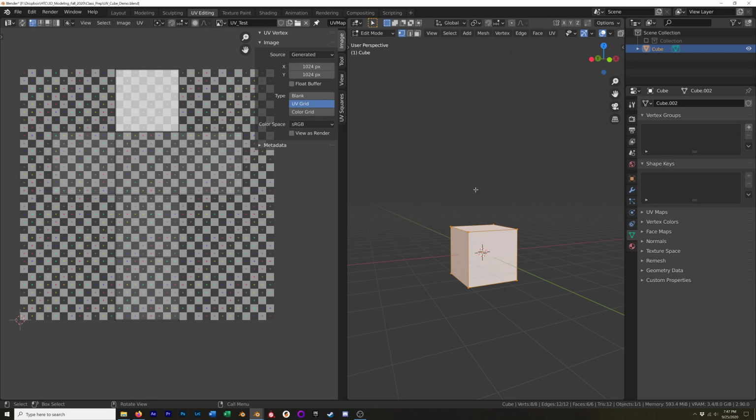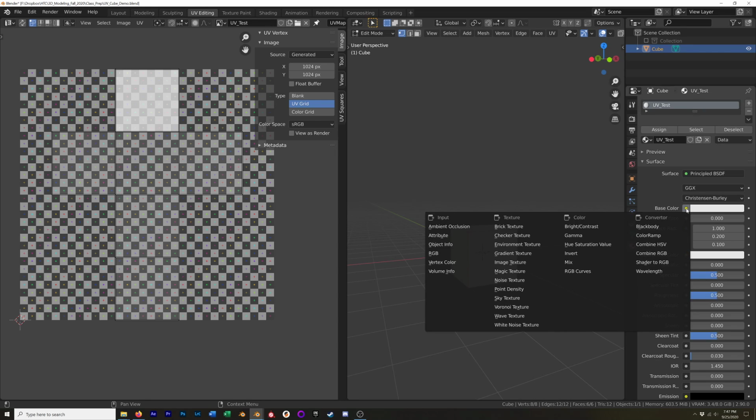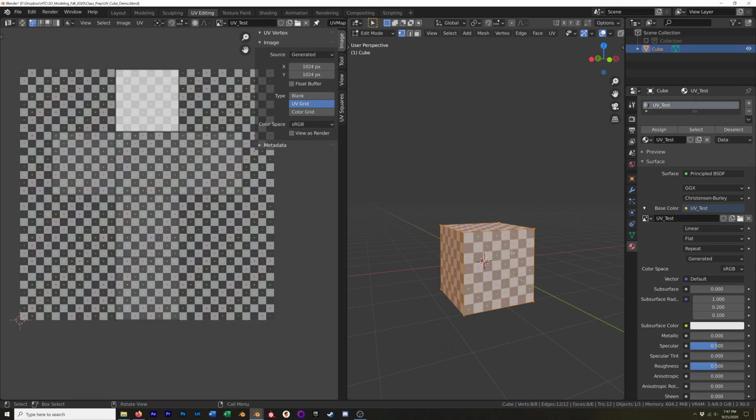Okay, so we need to apply this texture, and the way that we're going to do that is we're just going to make a new material, and I'm going to call this UV_test. And then next to base color, I'm going to click on the little yellow dot, add in an image texture, and instead of clicking new, I'm just going to click on the little image icon and select my UV test. Okay, so now we can see our UV test grid,